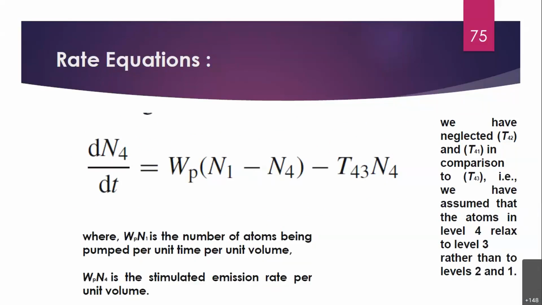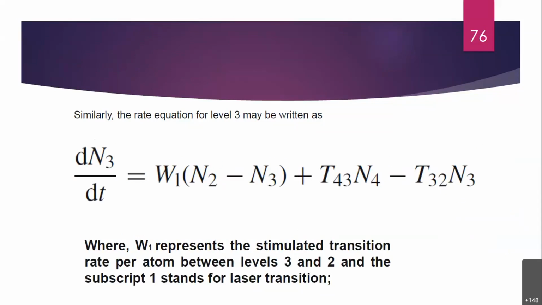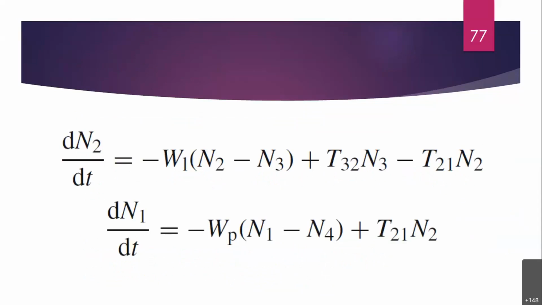You can write on your own, because now I have told you how to write the rates for different levels. The same way you can try for the 4 level, 3 level, 2 level and ground level. And again remember, always start with the maximum level, the upper level basically. So here I have written first level number 4, then the third one, then you can write for level 2 and level 1 also. But remember, the more terms you keep, the more complexity there will be in your system and the more difficulty in solving it. That is why many times you have to neglect the terms wherever you see that probabilities are less. You skip that term basically.